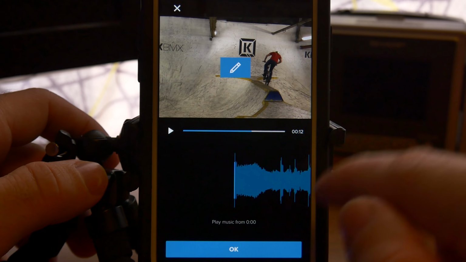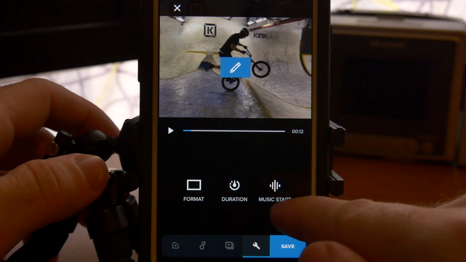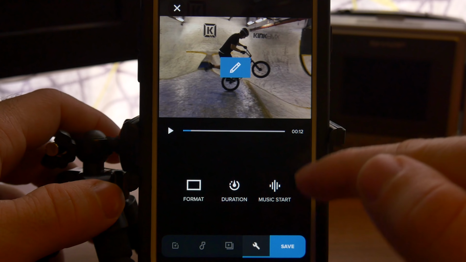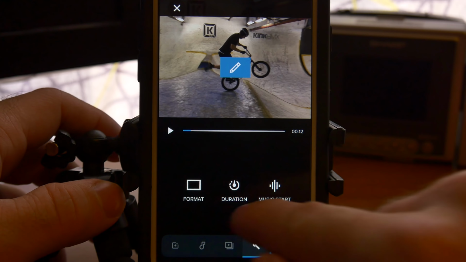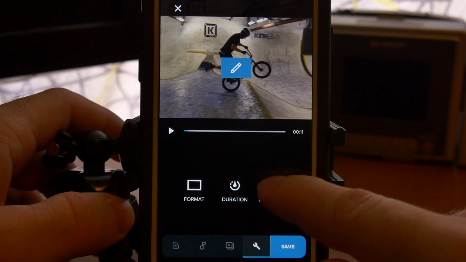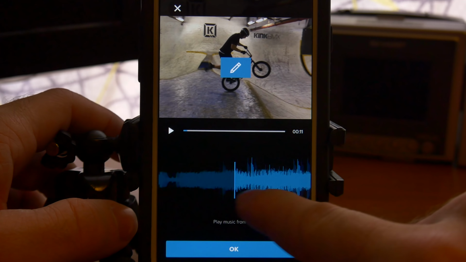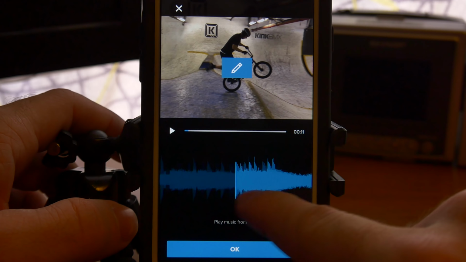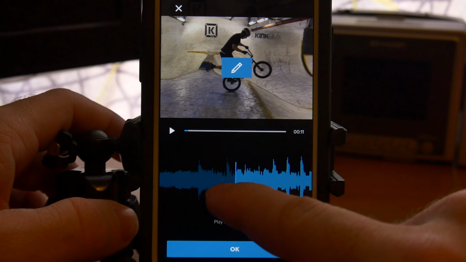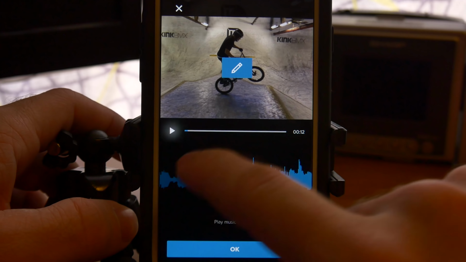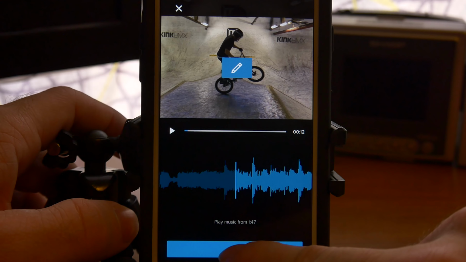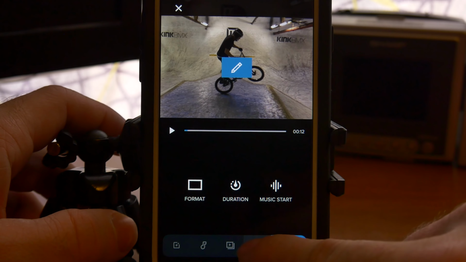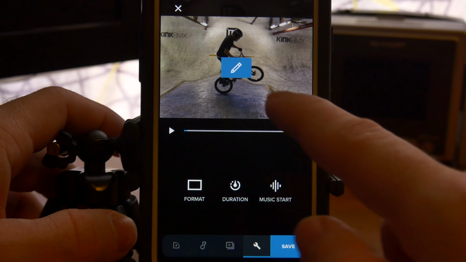and then we can select the last one, which is music start. Okay, so what this music start setting did was change where the music soundtrack itself starts in the video. So if we click back on the music start icon, we'll see the waveform here. This is the waveform of the song, and you can just simply pick at what point in the song you want the music to start for your video. So this looks good. We're going to push OK and we're going to get out of it. This is everything in the settings section of the menu bar here at the bottom,